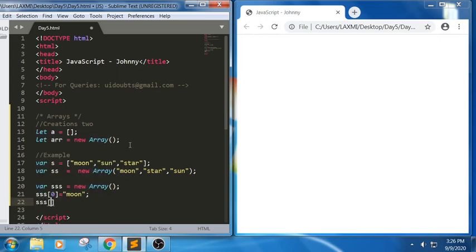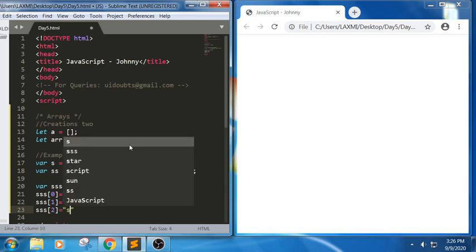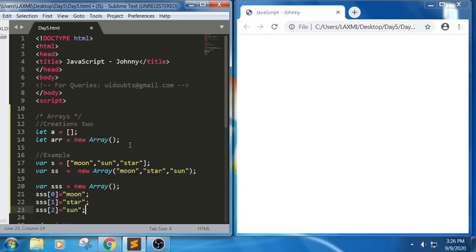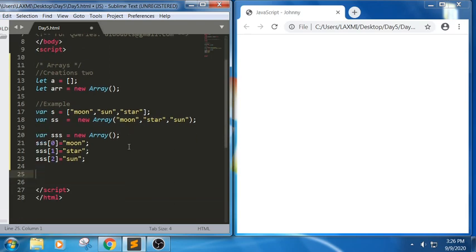The same thing we are trying to rewrite. It means we are trying to write the same values. We can also insert the values in the array literal in this way. So first one and second one.